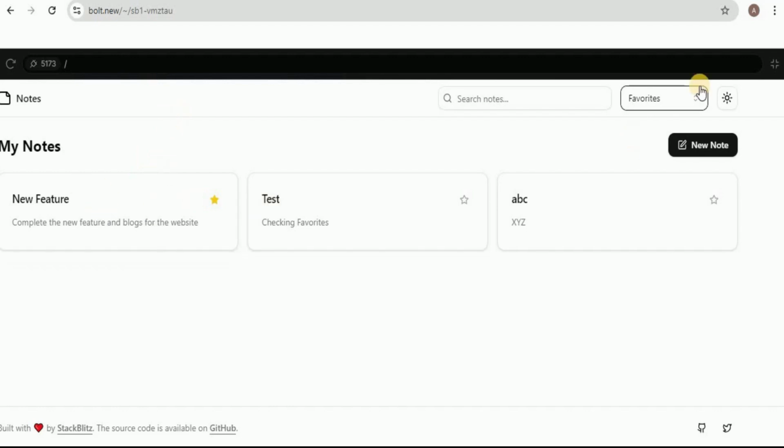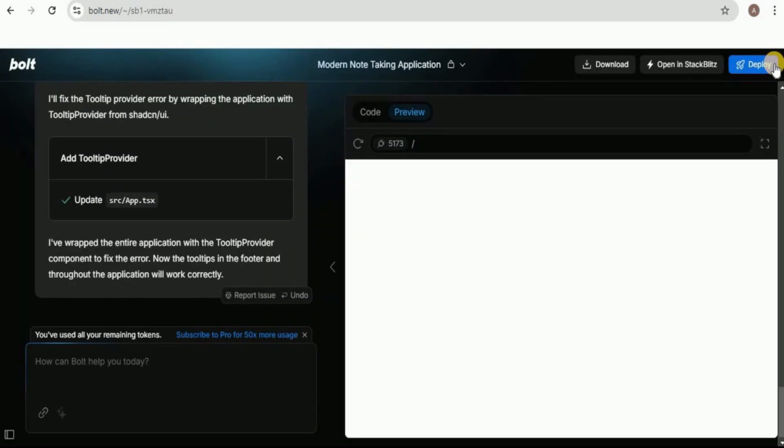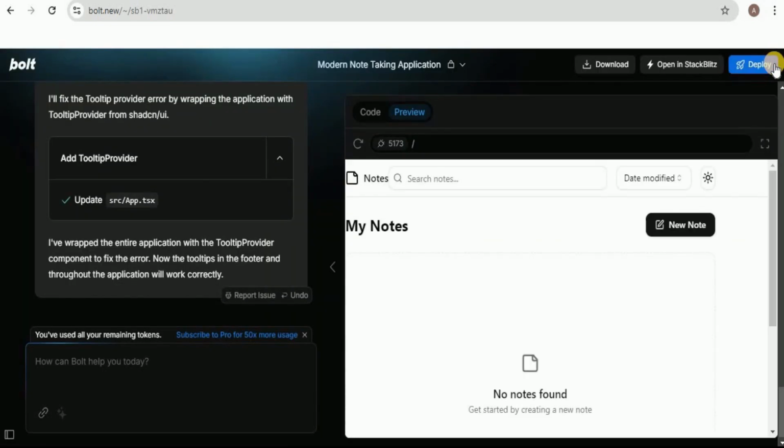So in this way, you can easily generate a generic prompt that will contain all the features for the user interface of your application, and you can embed it with any application prompt that you want, and every time it is going to generate an amazing user interface for you.